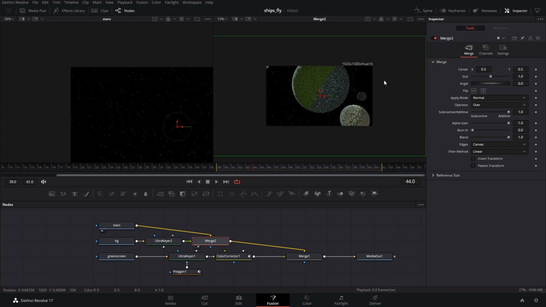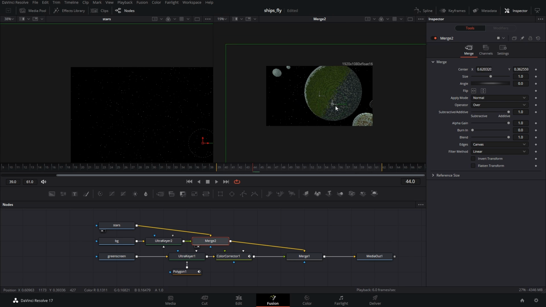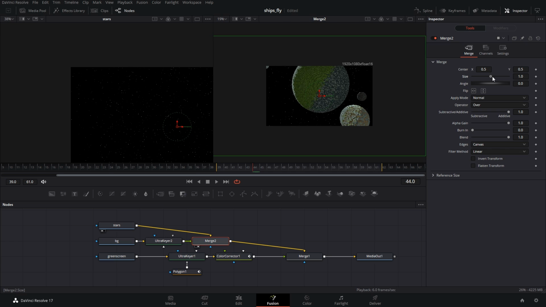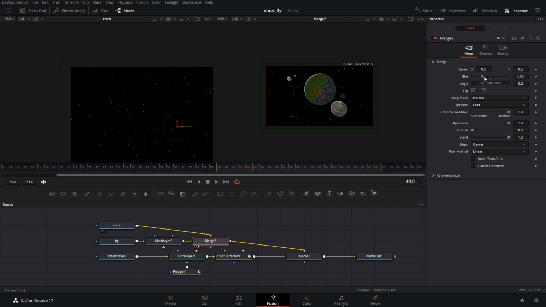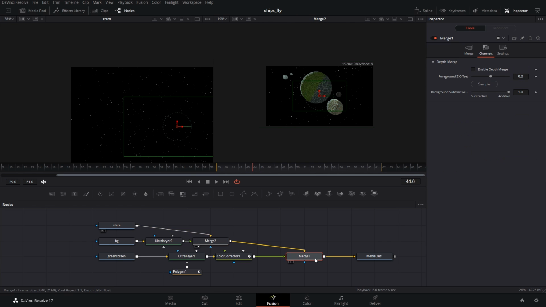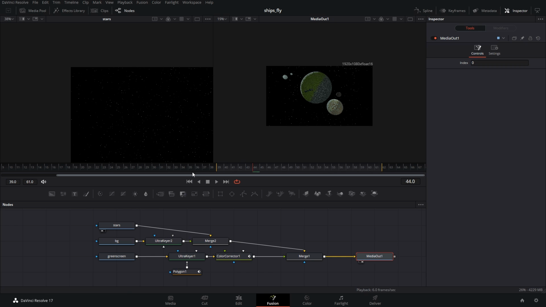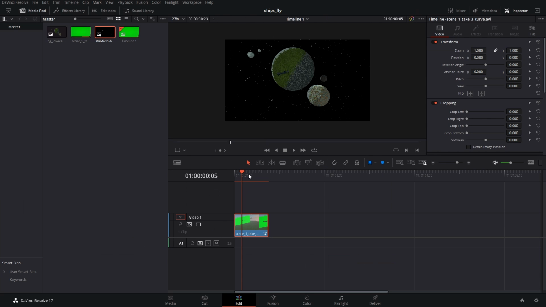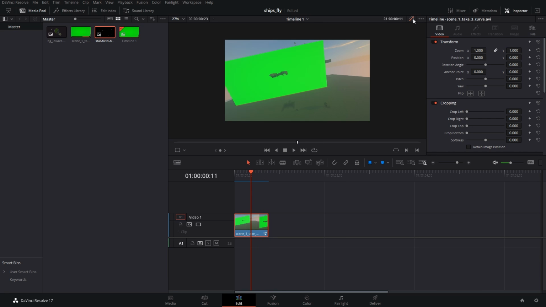So we get this. We can select what we want to see in here, or we can scale it down so it matches this way. We can play a bit around with it. So we got our final image, and when we go into the edit page, we can see, yep, this is good enough. And if you want to see how it looked before, you can press this button. This is how you hear green screen.